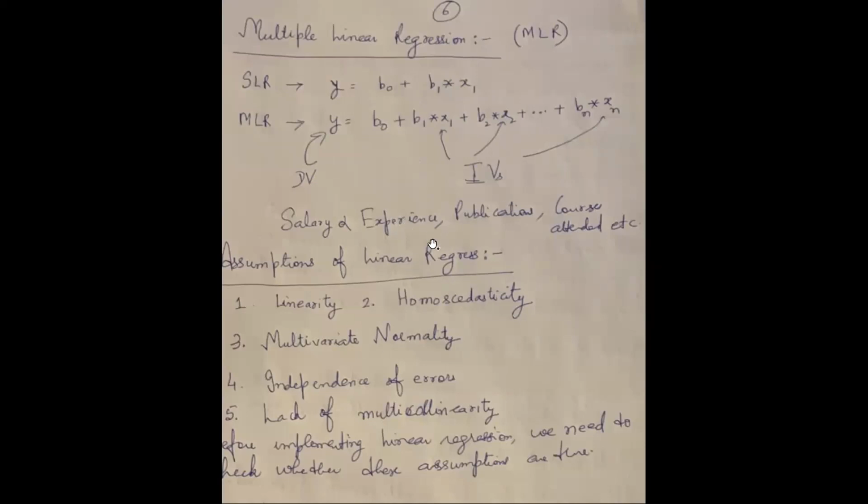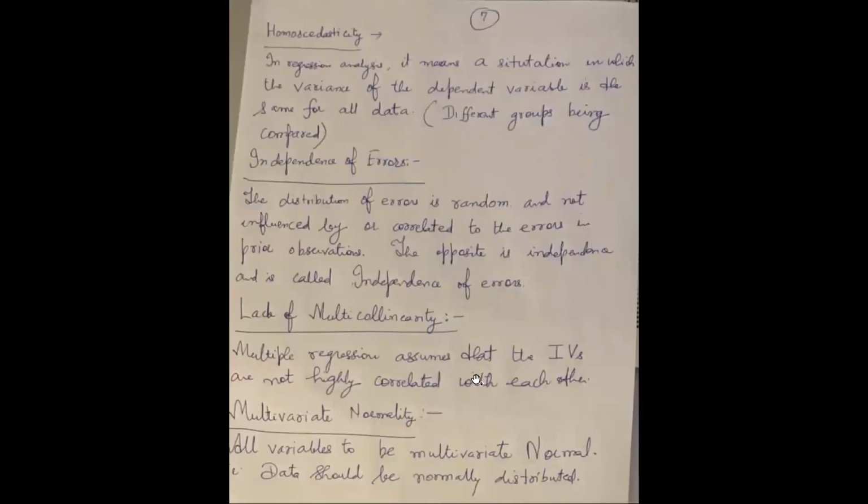I think I covered these things also: linearity, homoscedasticity, multivariate normality, independence of errors, and lack of multicollinearity. In a particular data set, when you have to apply linear regression, you must make the assumptions that the data set follows all these characteristics, right? I have already gone through this yesterday. Before I talk about dummy variables and the dummy variable trap,